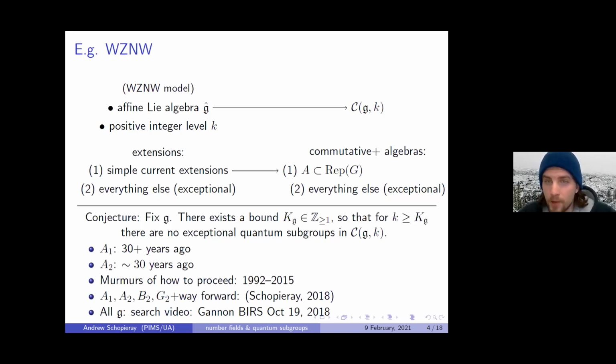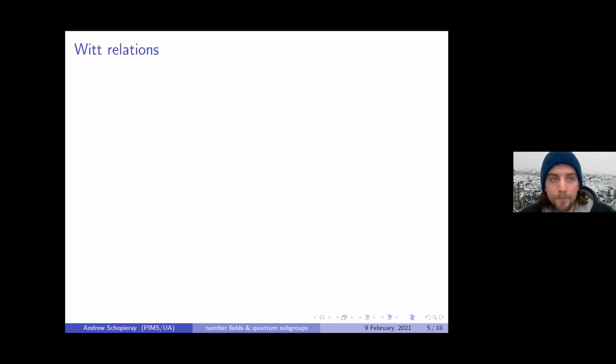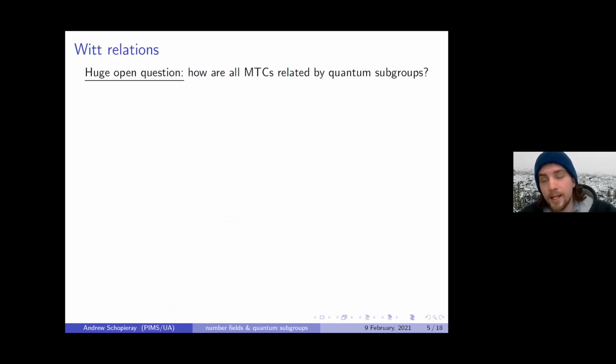So this problem has a very nice resolution. And it's great because this sets up the stage for what my main research project has been since then, which is studying a much larger problem than these quantum subgroups, which is that if I look at all modular tensor categories, or even more generally, non-degenerately braided fusion categories, I want to know how are all of them